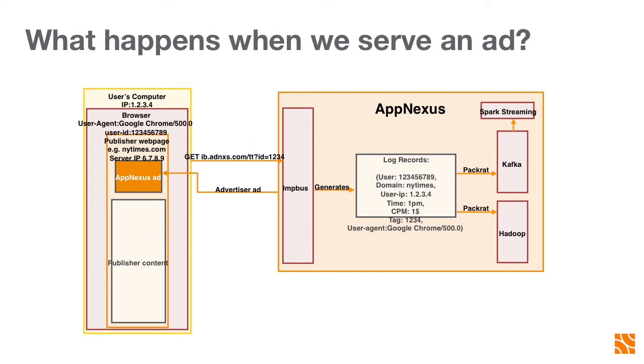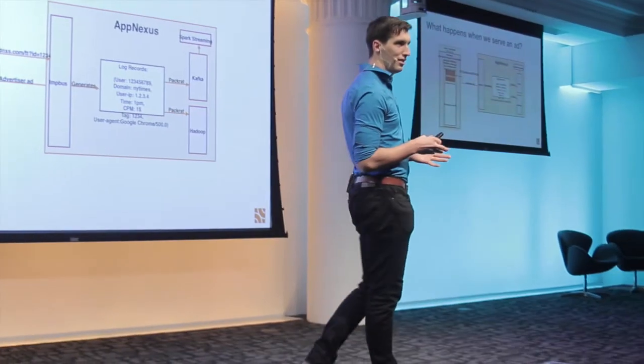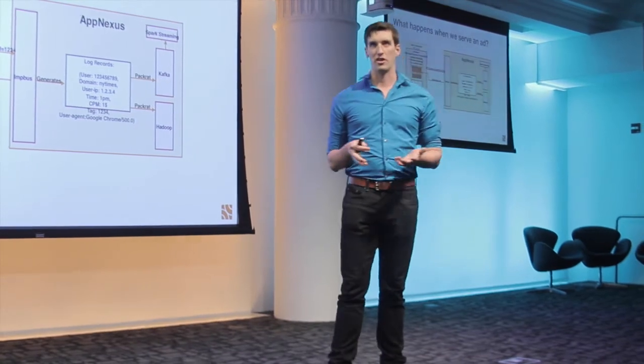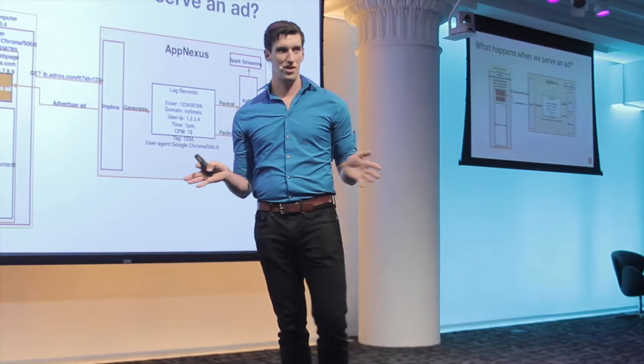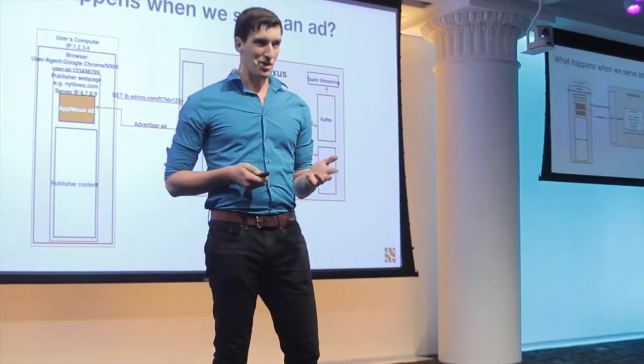All this information comes out in logs that we have, and it goes out through additional applications. One is called PackRat, which takes these logs and moves them into a system called Kafka, where I can look at it using Spark Streaming. I'll talk about what all that means in a minute. But that's basically how it all fits together: there's this large flow of data that is all over the place all the time. It's like a fire hose, and we have a lot of it.